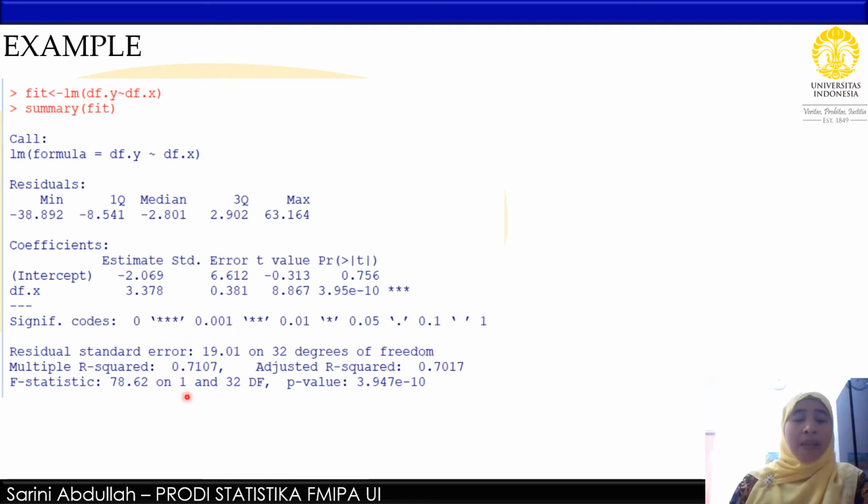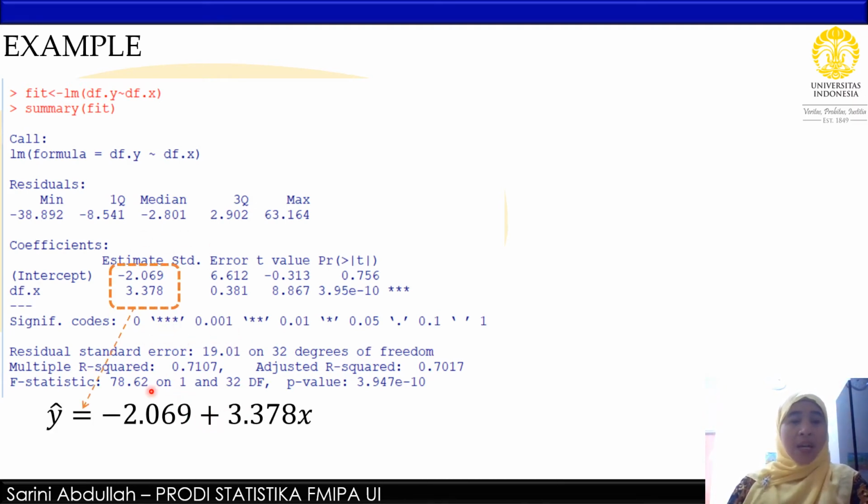So what do we have here? On the column estimate, we have the value of minus 2.069 and 3.378. So that is the estimated value of the intercept, that is beta naught, or in our symbol is beta naught cap equals minus 2.069, and then our estimated value of beta 1, estimated using a sample data of